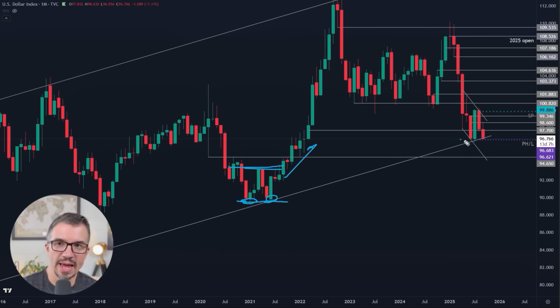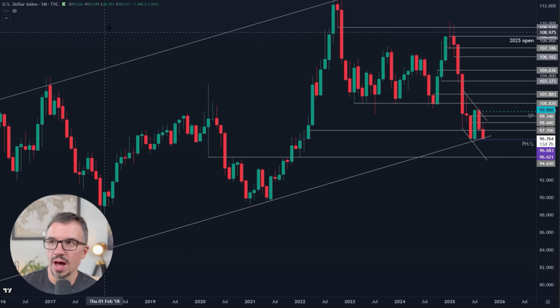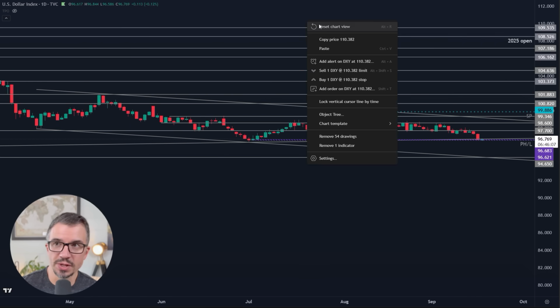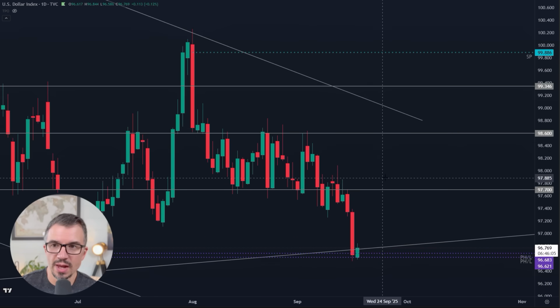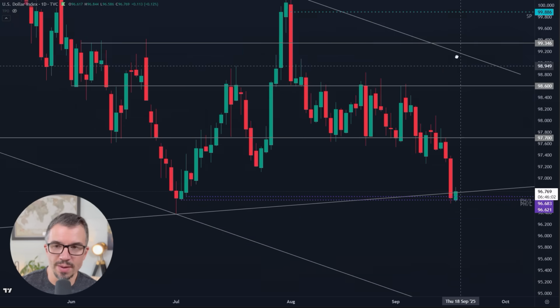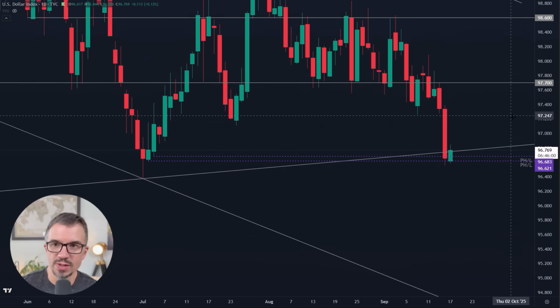Now, this could break down, okay? But the bottom line here is that as long as the DXY is above this support area around 96.60, you have to be really careful here with the US dollar, especially if you are bearish the US dollar going into FOMC. Now, what you'll notice is looking at the daily time frame, okay, we did have the DXY break,